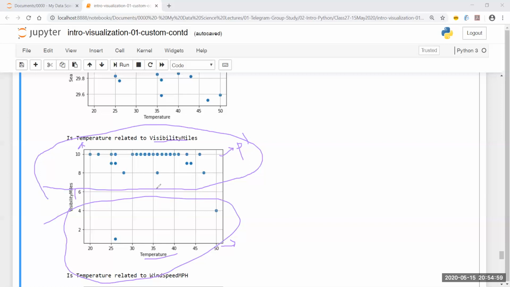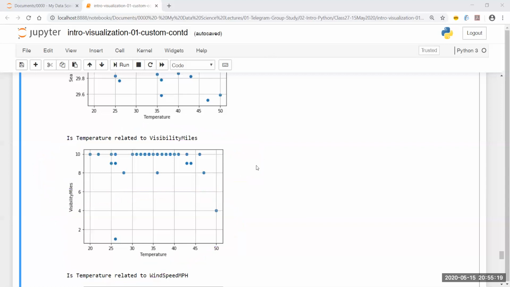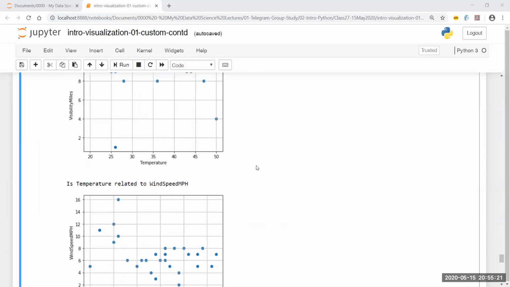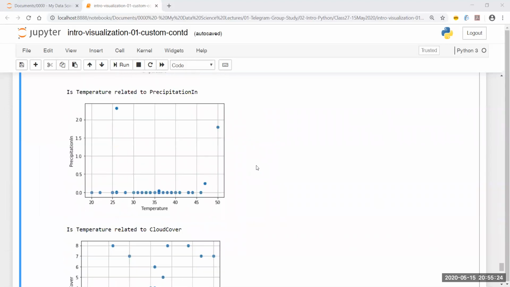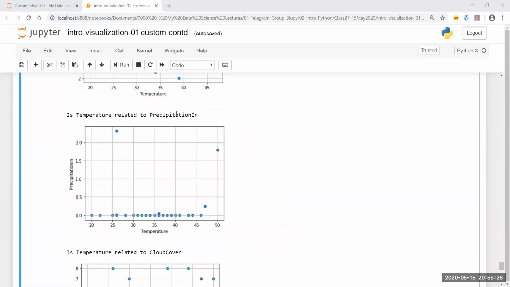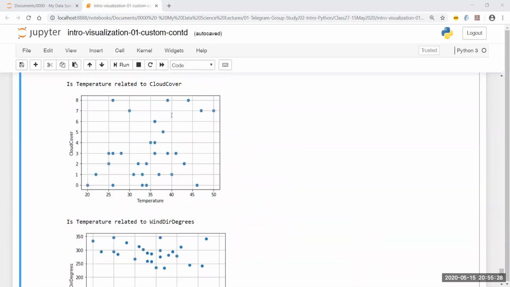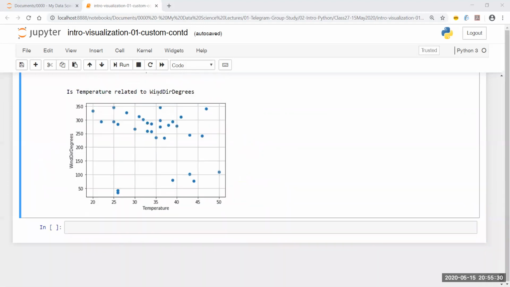Or I have done the mathematical interpretation wrong, in the sense that when I plotted the points, I have not taken the right value on the x-axis as opposed to the y-axis. So maybe I can try to change this and set temperature as the y-axis and visibility in miles as the x-axis and see how it goes. In this way, you may need to redo the visualization exercises inside the Jupyter notebook itself. Same thing applies for the precipitation value as well. Same thing applies for wind direction degrees as well.